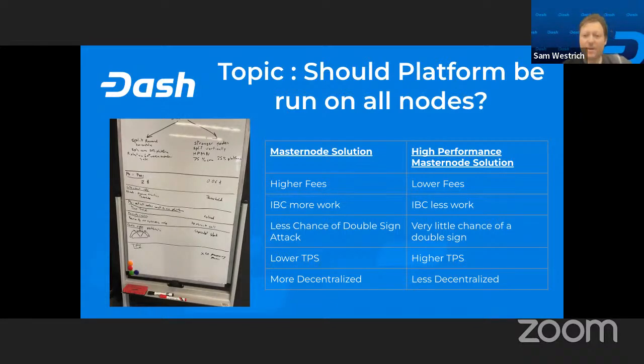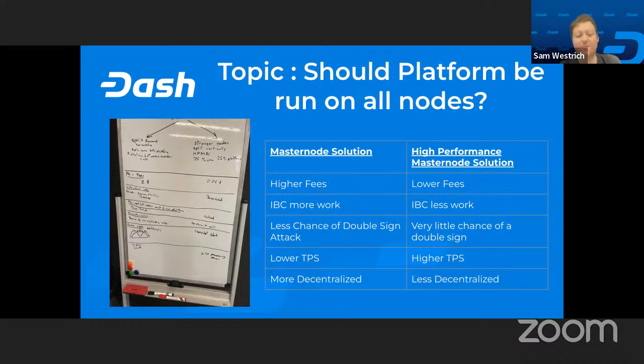Okay, so for me, I'm going to present two topics that we talked about this week. And I do want people to understand that these are not yet finalized. This was more of an introductory discussion, and so we don't really have the solution yet. We are working on it.